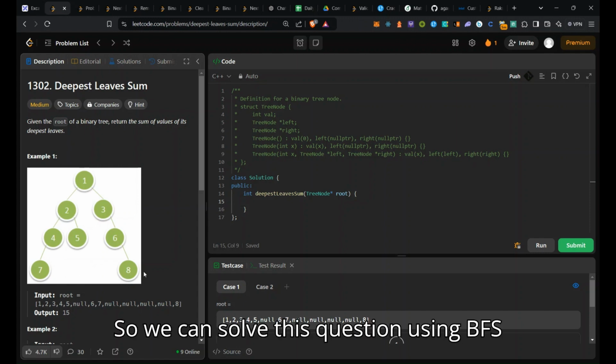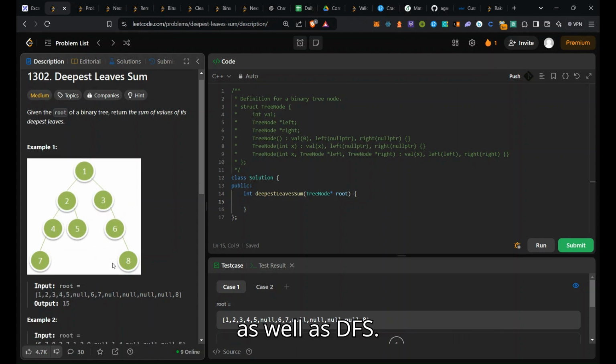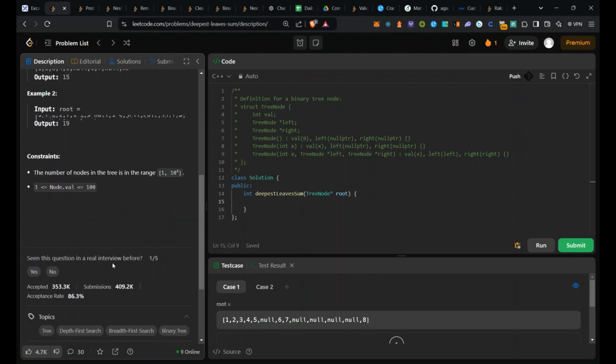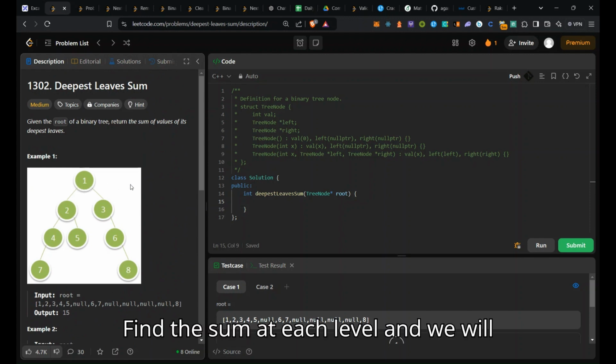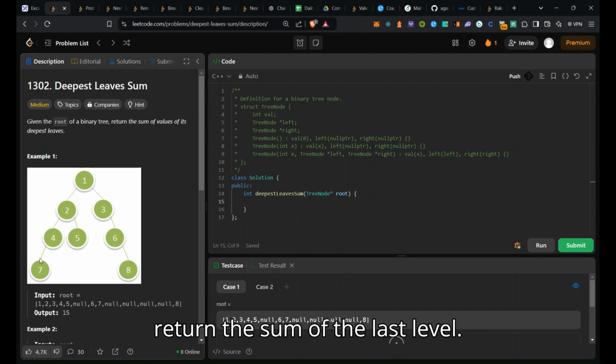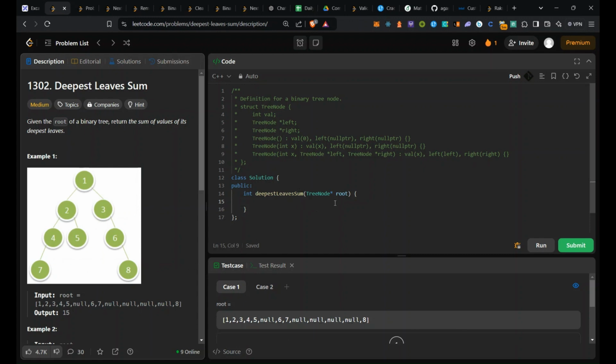So we can solve this question using BFS as well as DFS. In BFS we can find the sum at each level and we will return the sum of the last level. So let's start coding. First we will use BFS. For that I need a queue of tree node,